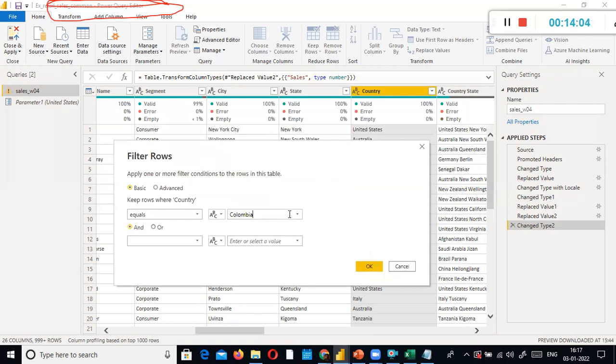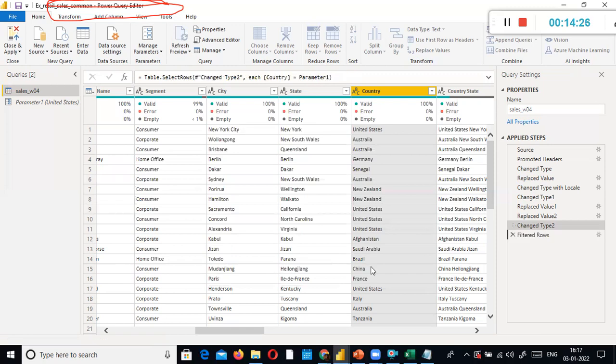When you select some other country, it will select only that. I don't want this to be hard coded. I should allow my users to type any country name. How is it possible? With the help of parameter one.